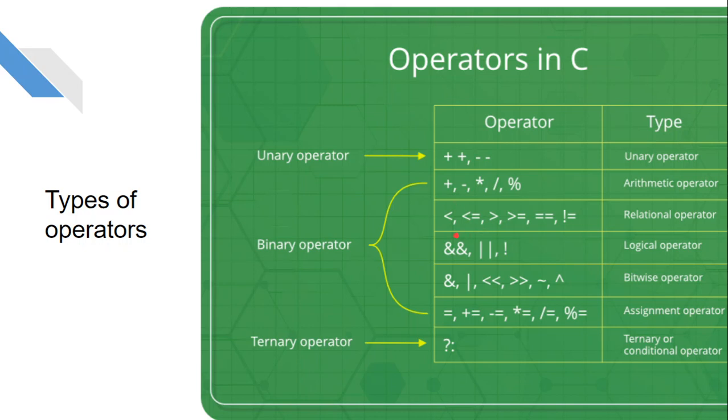Then relational operators: a less than b, c less than or equal to d, like that. I can have all the relational operators. And then logical operators. Logical operators are basically and, or, and not. There are further operators also, but this is the basic thing from which every operator is built. So first let us know these basic operators: and, or, and not. So a and b means a and b should both be true to get the result. And then a or b means either may be true.